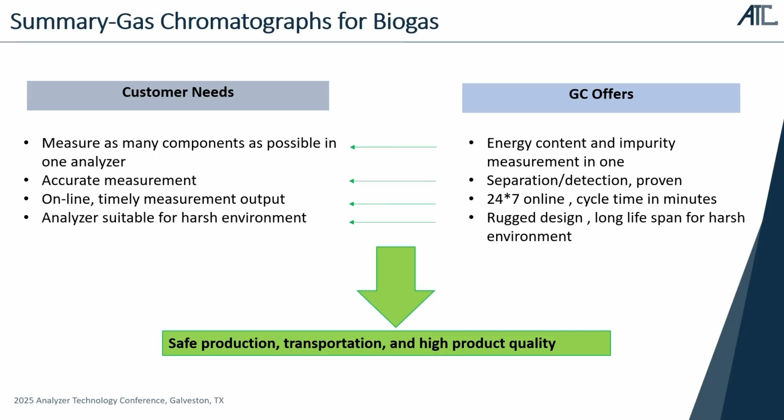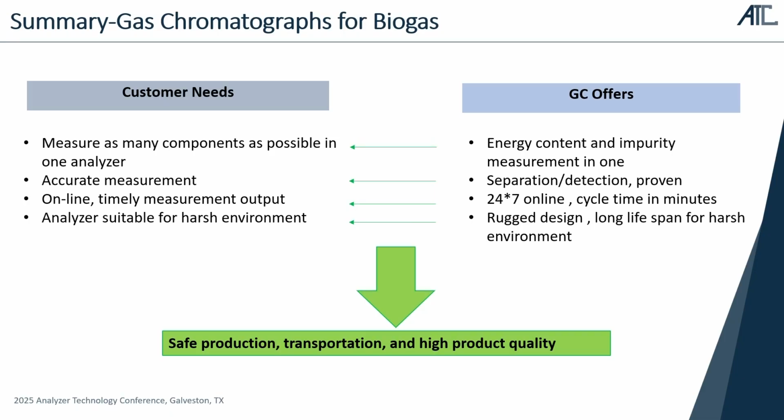And the analyzer has to provide accurate measurement because you are trading the biomethane as a commodity. GC is part of the cash register. You have to make sure it's accurate. And the GC has to work online and provide measurement in a timely manner. Also, the analyzer is very commonly installed outdoors in a harsh environment. So I always believe the best technology is not the fanciest one, it is the one that meets all customers' needs,